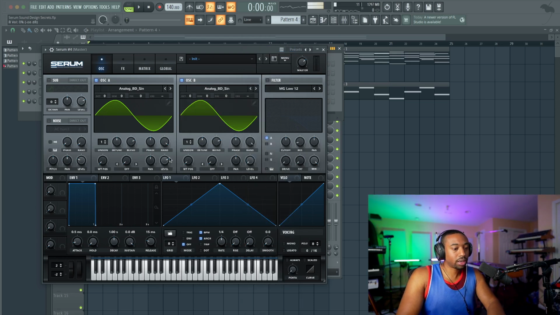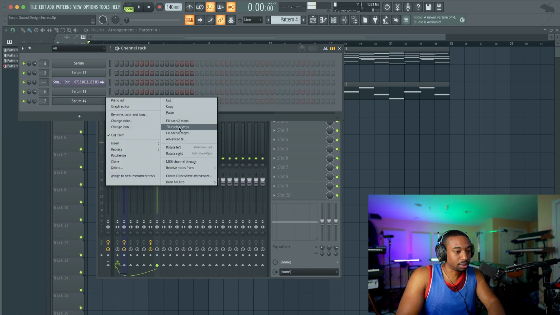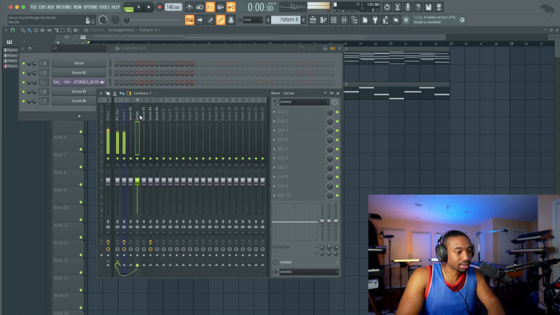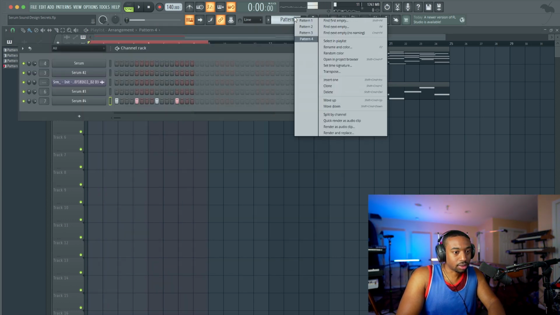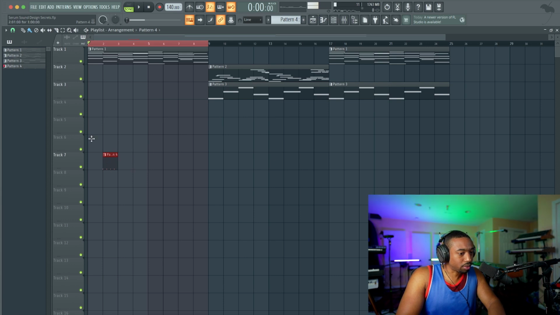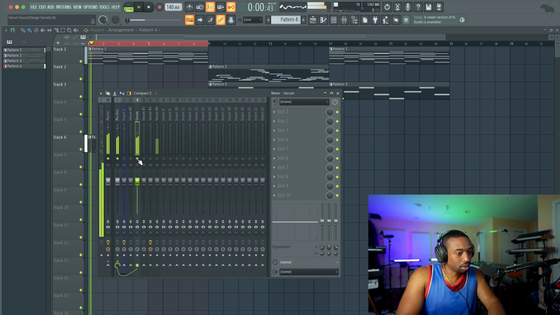I'm going to move a little bit quicker here because this is going to take the most time. So let's just build a simple kick and we'll have this kick sidechain our chords. So let's loop this and let's do this. Let's do pattern 4. I know I'm moving really quickly on the screen. But my goal is simply to have a four to the floor kick, and that will sidechain our chords here.